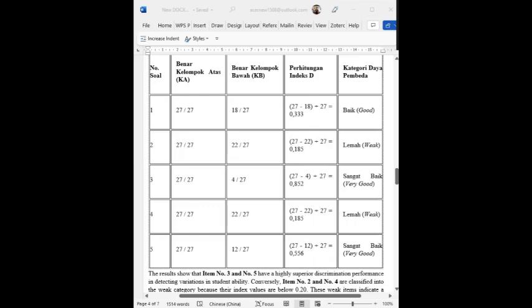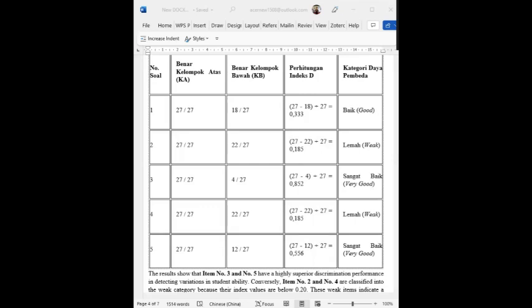Excellent discrimination: item 3 at 0.852 and item 5 at 0.556 perform exceptionally well at separating stronger students from weaker ones.